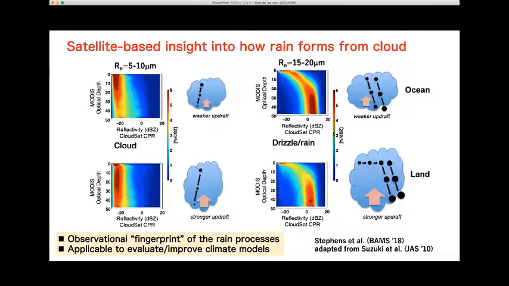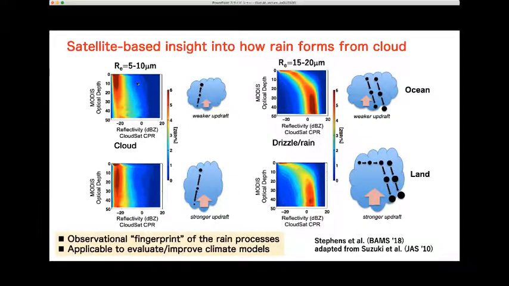Among such model improvement activities, the most fundamental thing, I think, is looking at the fundamental microscopic cloud processes on the global scale from the satellite observations by making some kind of statistics combining different satellite variables. Shown here is just an example of how rain forms from cloud that's now found from the